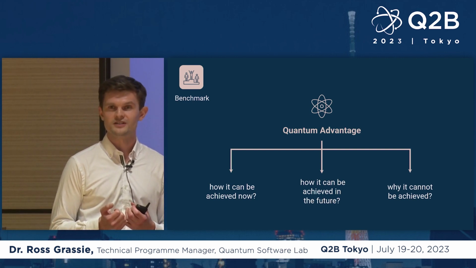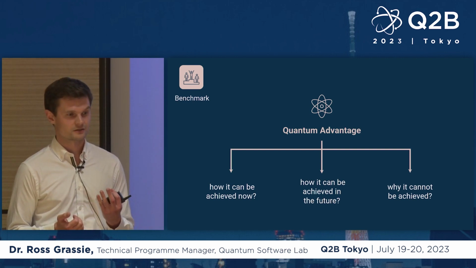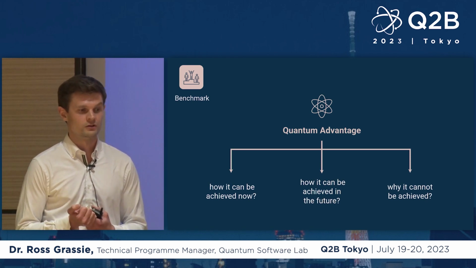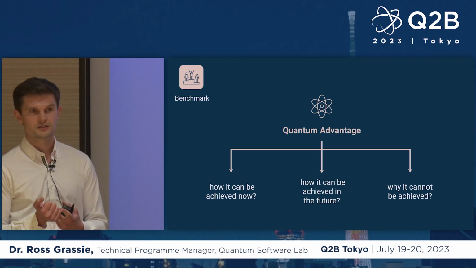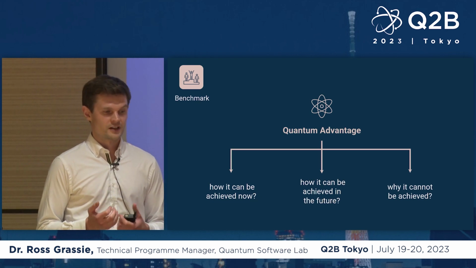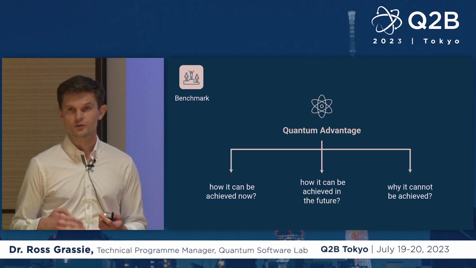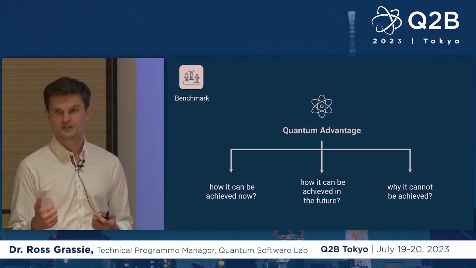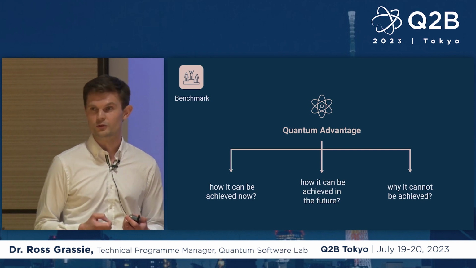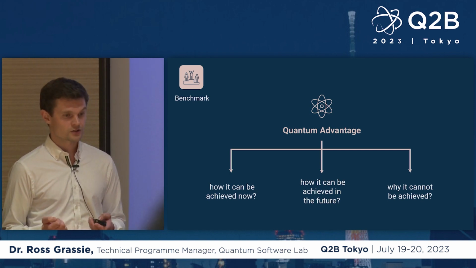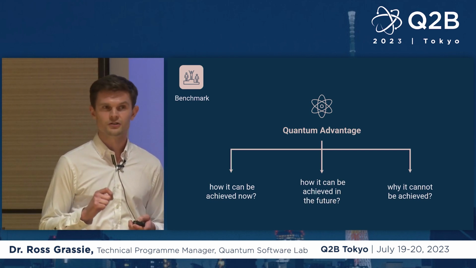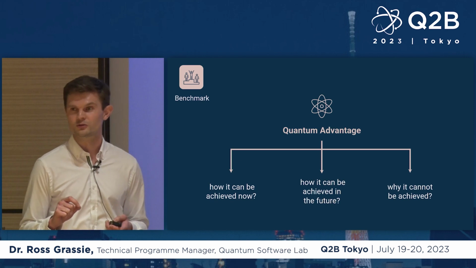When we're thinking about quantum advantage, there are three questions we want to answer. If quantum advantage can be achieved now, what platform is it on? What software is it using? If it can only be achieved in future, then what needs to happen now so that we can actually get there? Is it more qubits? Is it better fidelity? Is it better networking? Is it HPC integration? We want to know what that is. And also, if it can't be achieved, what is the actual underlying reason why we should really stop looking at this application?